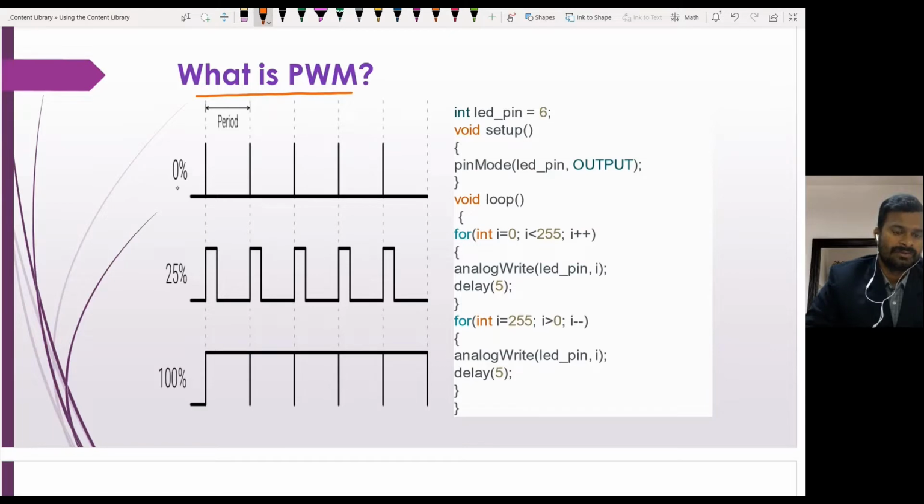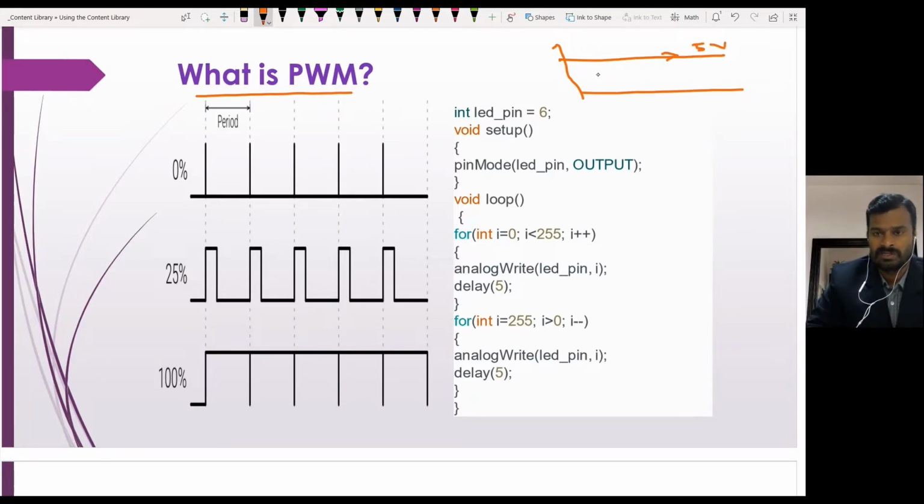If you see this picture, it shows very clearly. Say we have a 5 volt signal. If you connect it directly to the input pin, this 5 volt will be continuously given to the input.